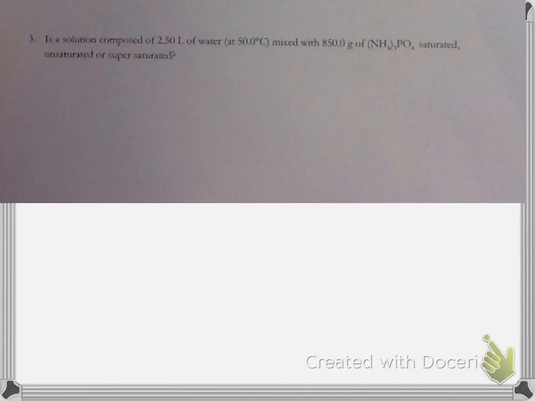This is one of those problems where you're going to find a value and compare it to what you were given. So what should you start your factor label with here? 2.5 liters of water. You want to start with the 2.5 liters of water. You want to figure out how much solute can be dissolved by that. So we're going to get a value for solute that can be dissolved, and then we're going to compare it to the 850 grams we've got. So to start this out, we would take the 2.5 liters of water. You want to do your volume mass